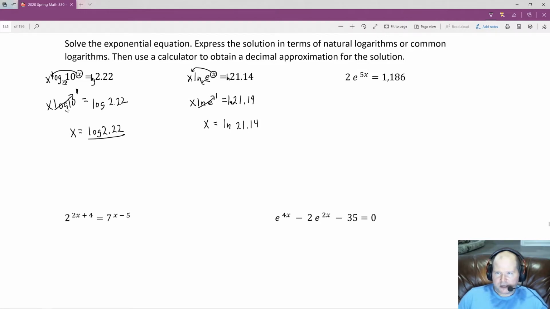Okay, so let's try this one right here. Now, we're going to want to get this e by itself, right? So I'm going to undo the multiplication of e by 2 by dividing by 2, and whatever I do to one side, I do to the other. Those cancel out. That gives me e to the 5x power is equal to, and then we take half of this, so that is